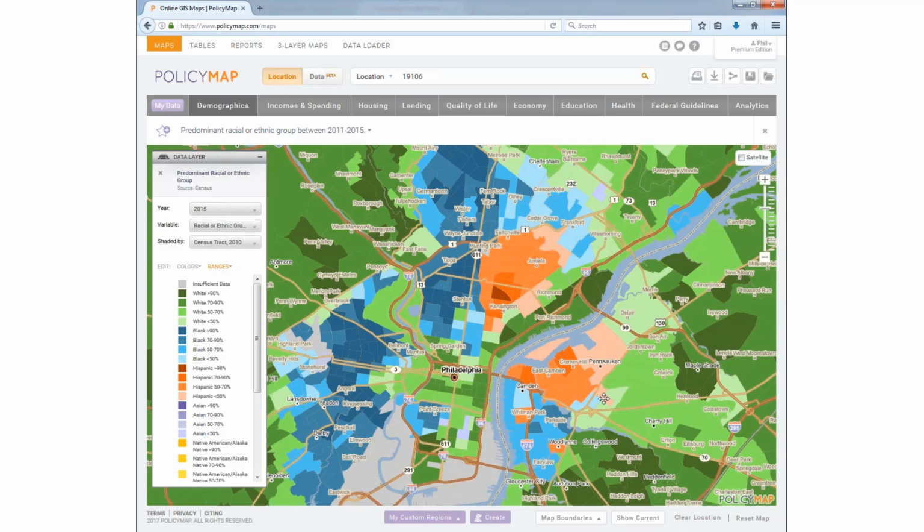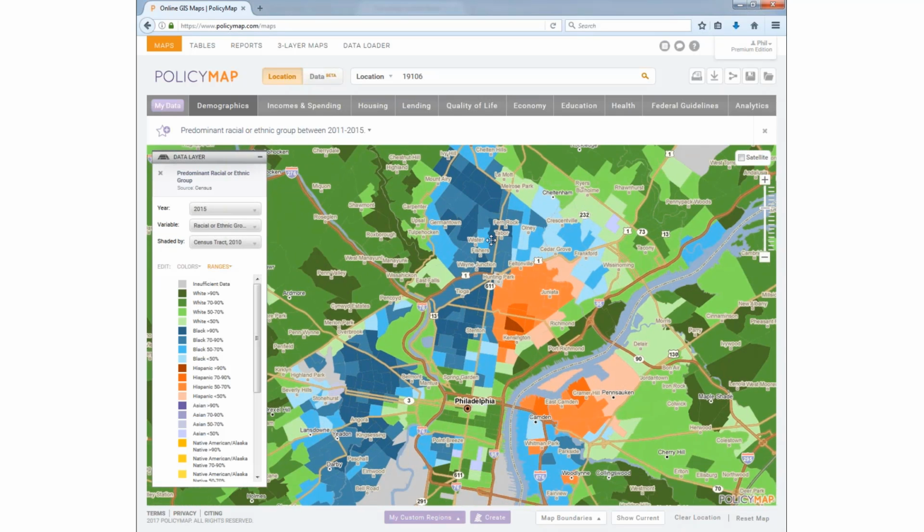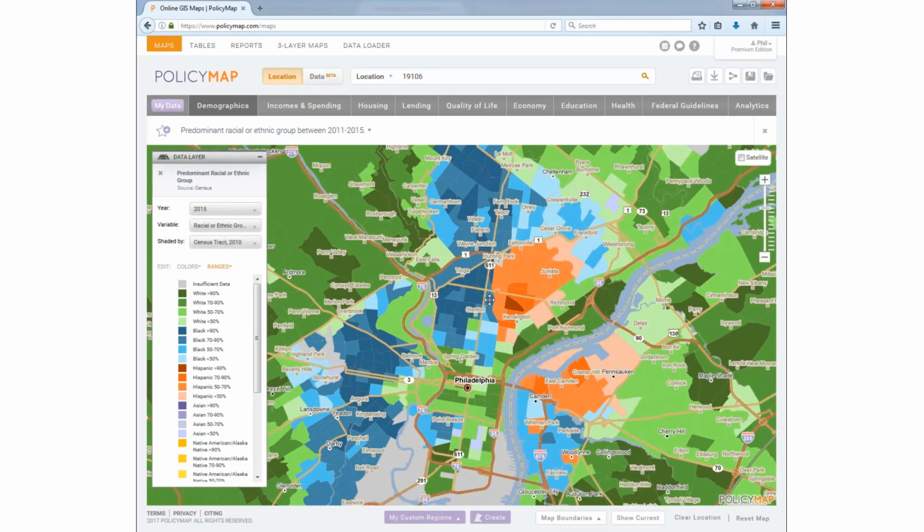So in this case, anything in the red is predominantly Hispanic, anything in the black or in the blue is predominantly black, and then the greens are white, and so forth as you go through different colors. Depending on the neighborhoods that you're in, you can see some really neat diversity or sometimes segregation in these areas. And then the different colors themselves really just represent how dense or how predominant that race is in that